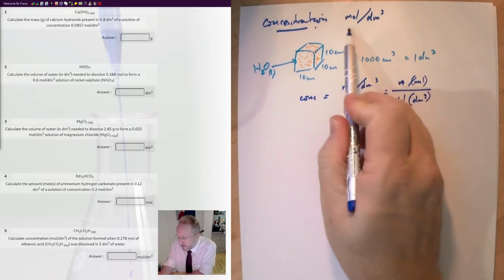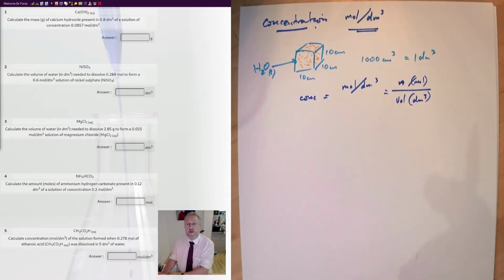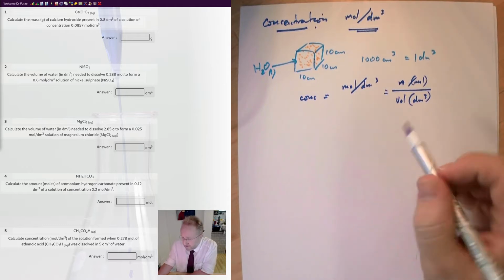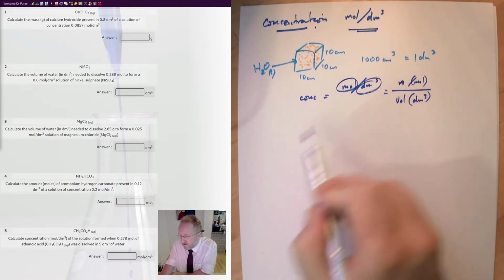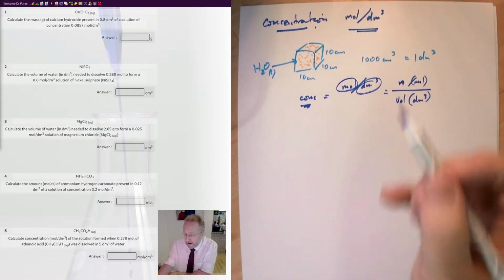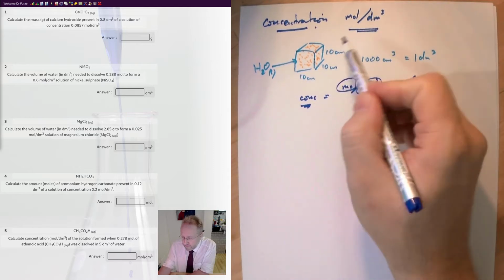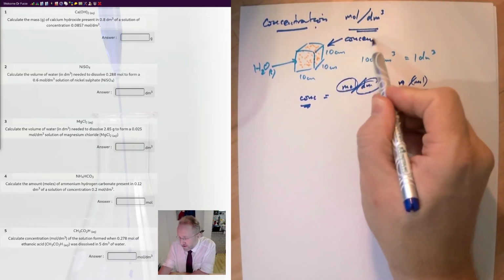So by remembering the unit, it is quite easy to remember the equation, because for concentration it is just literally you take the moles and you divide by decimeters cubed. That is the concentration. So a concentrated solution, so this would be an example of a concentrated